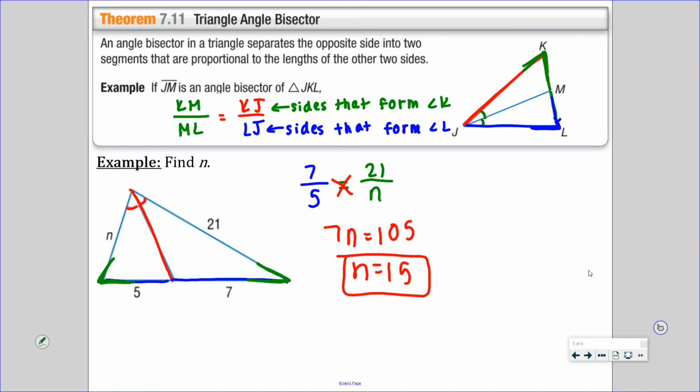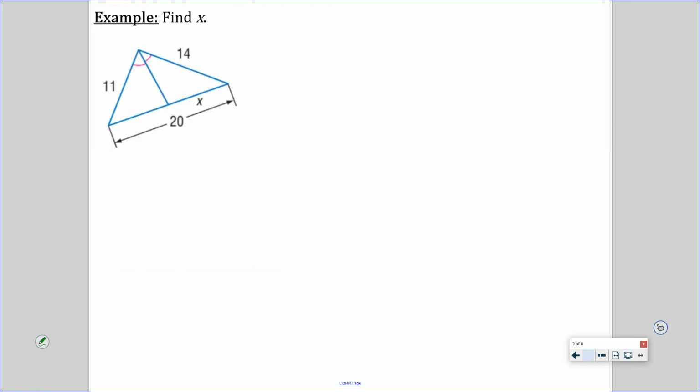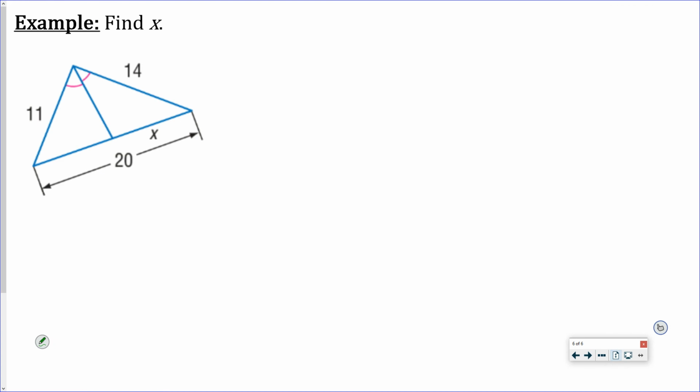Okay, we're just going to try one more that's a little bit harder because that was too easy. You guys look really bored. You look like you did a challenge. Here we go. Okay, same idea though. I only have one triangle and I see it's an angle bisector. So I know it's going to split this side. Let's go x